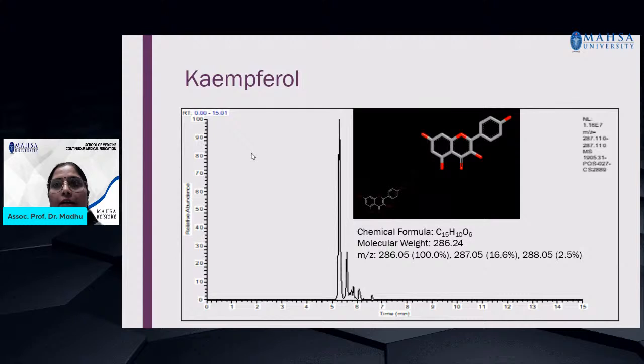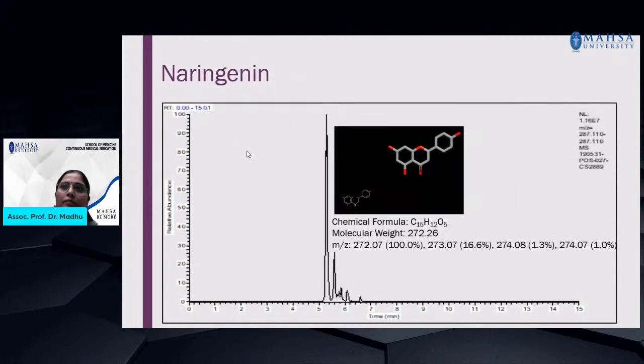Then the next compound is kaempferol. It was eluted at around 5.1 minutes, and the molecular weight is 286.24 with a molecular formula of C15H10O6. Then naringenin, the next compound which is being eluted. Then another substance which has a molecular weight of 444.53,